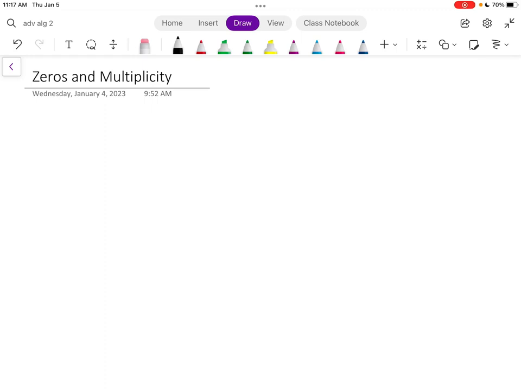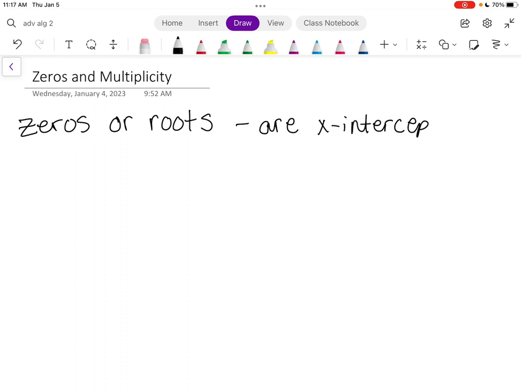Today we're going to talk about zeros and multiplicity of polynomial functions. Okay, so let's talk about what a zero is. Zeros, or roots, they're also called roots, they're just x-intercepts. So anywhere that the curve or the line goes through the x-axis could be called a zero or a